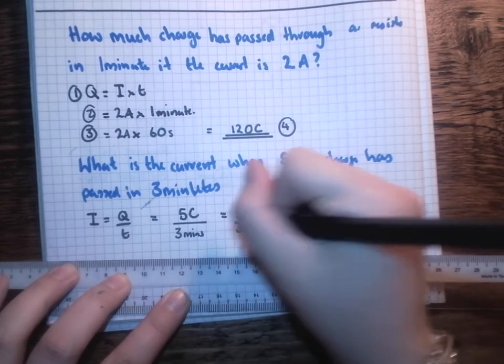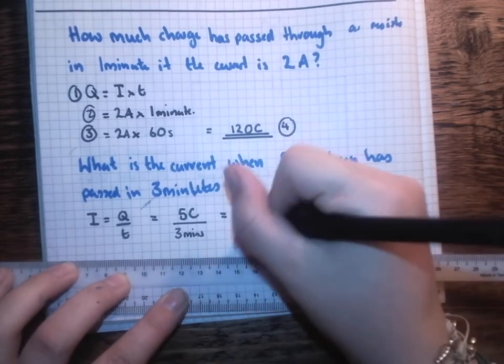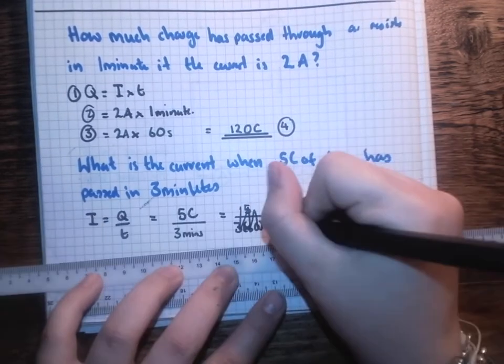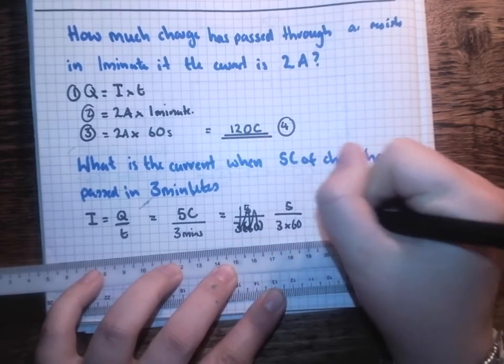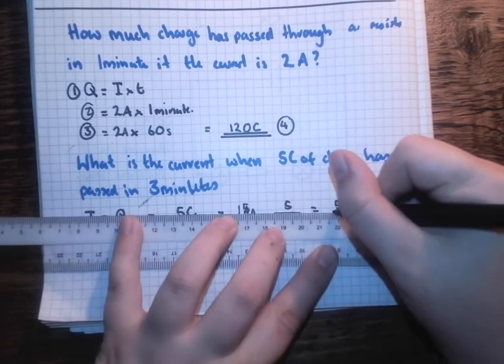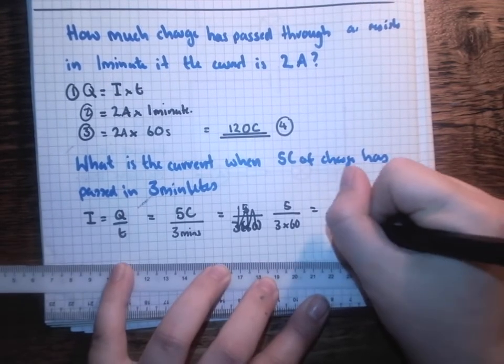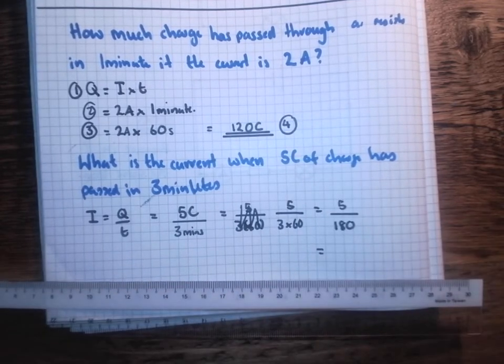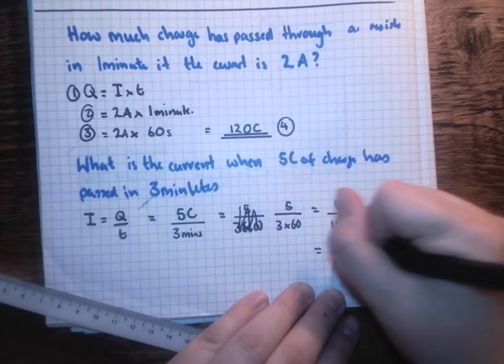I should have done times 60 there. I don't know what I was writing. Let me just write that again: 5 divided by 3 times 60. In this case, that's going to be 5 divided by 180. If I put that into my calculator, 5 divided by 180, that gives me